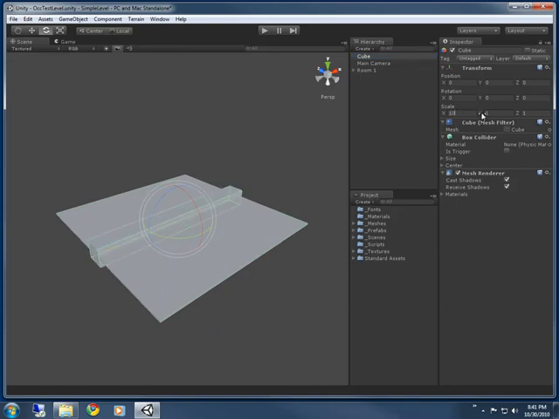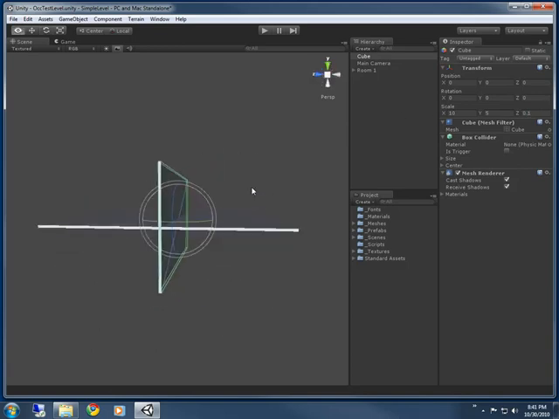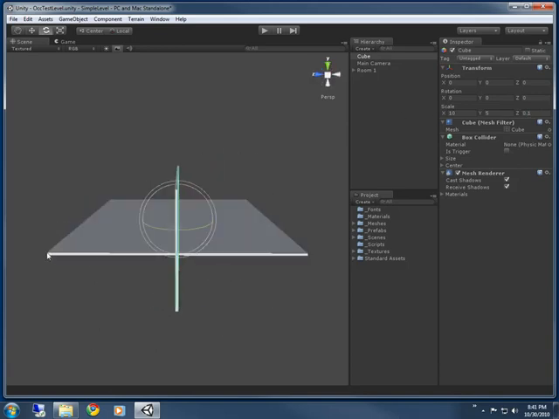So going to scale it 10 in X. Y, I want our room to be 5 units high, so I'll give it 5 for Y, and we're going to make it fairly thin, so its Z is going to be 0.1. Hit enter. Now what I want is this wall to snap to this back